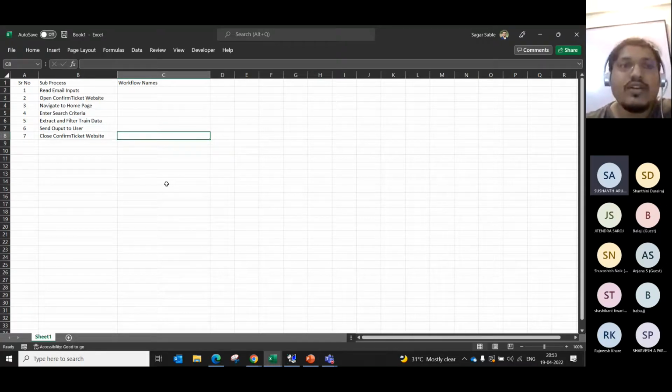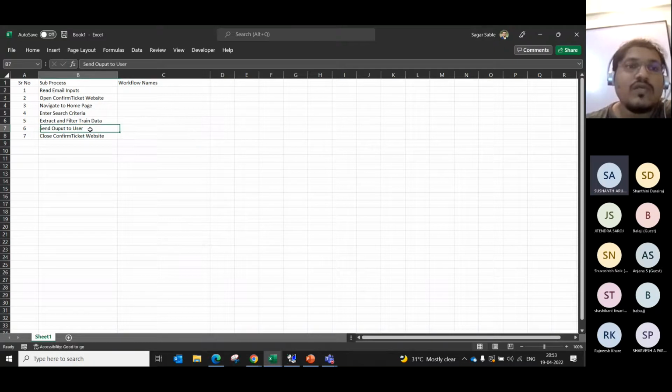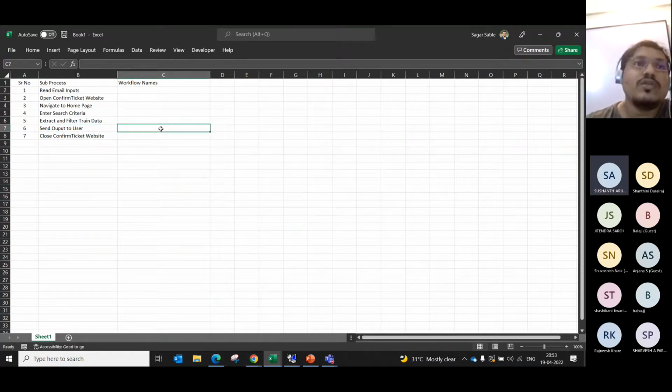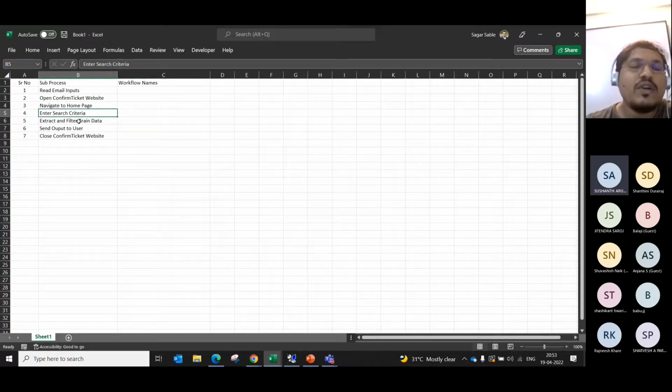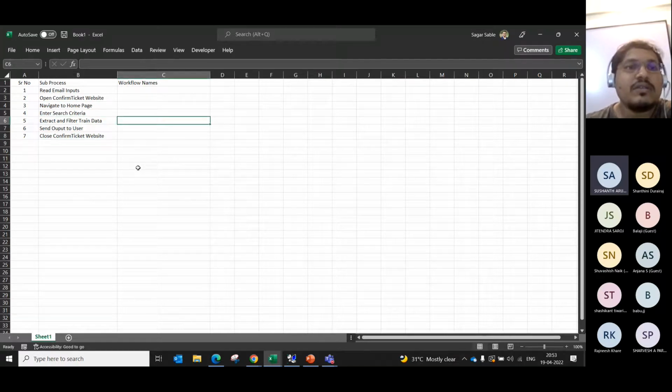Second is if you get any error, you can directly go to that particular workflow and solve it rather than finding it in a huge process. That is one. Third one is if you want to add something in between, let's say after searching the criteria, you have one more page, so you can add that in between. You don't have to play around or change anything in the existing workflow. You can add something in between. So there are a lot of advantages, and also